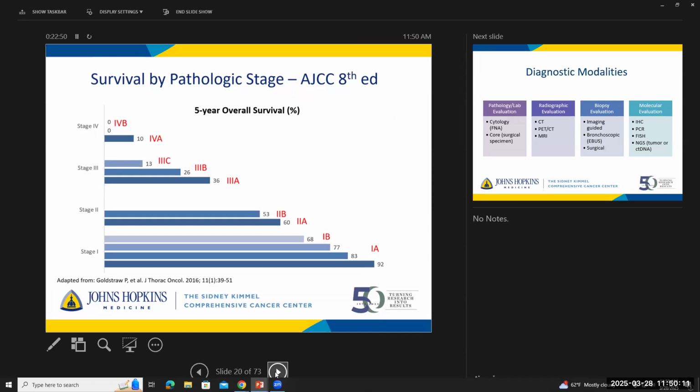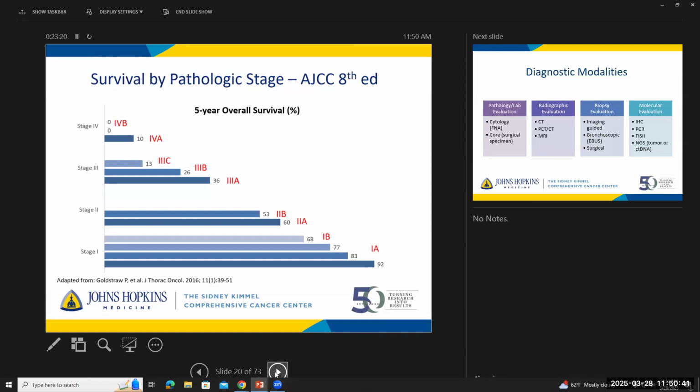So on this graph, you can see the 5-year overall survival based on stage. And you can see that patients that have stage 1 disease have like a 70 to 90% chance of being alive at 5 years. Versus our stage 4 patients have, again, a less than 10% chance of being alive at 5 years, okay? So it's important to be able to guide the patient in helping them to understand what their survival might look like,